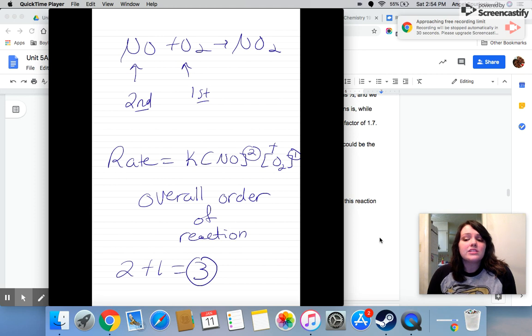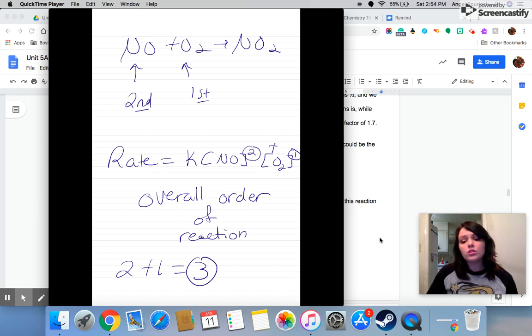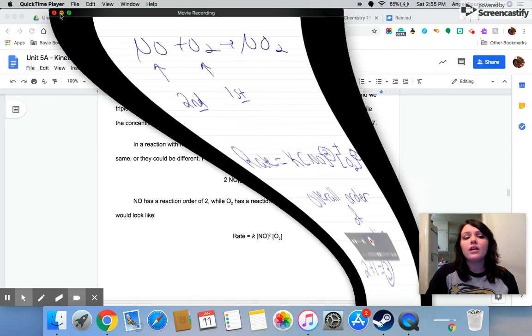What that's going to tell us is that this rate is pretty sensitive to changes in concentration. The lower this number is, the less sensitive the rate is to changes. And that's all the time I have, but we are at the end of